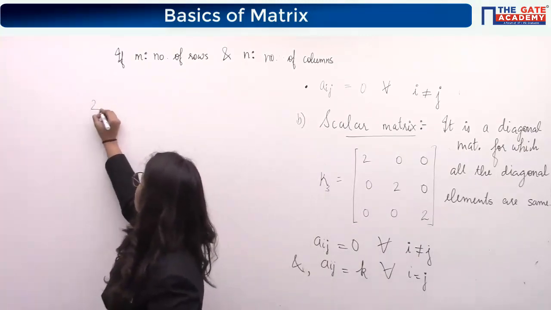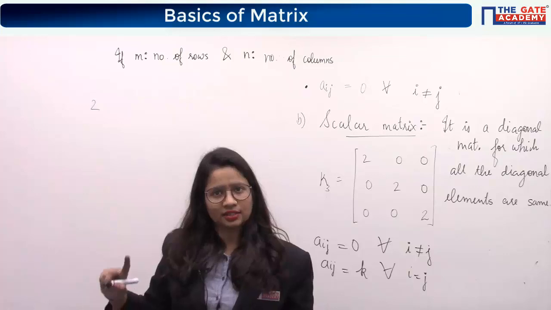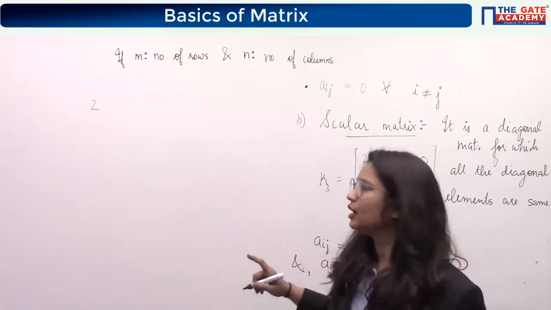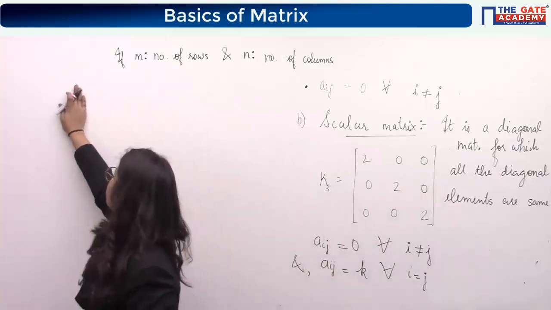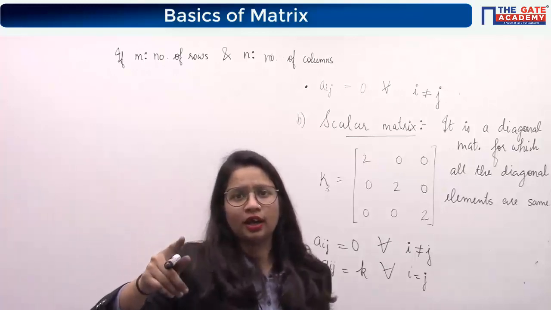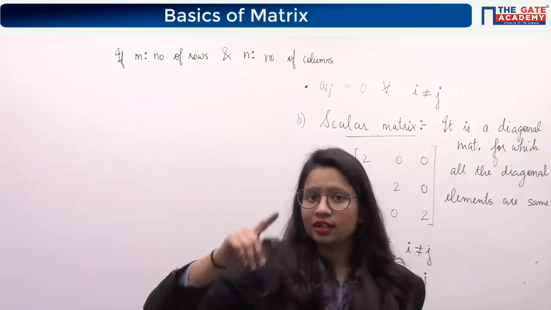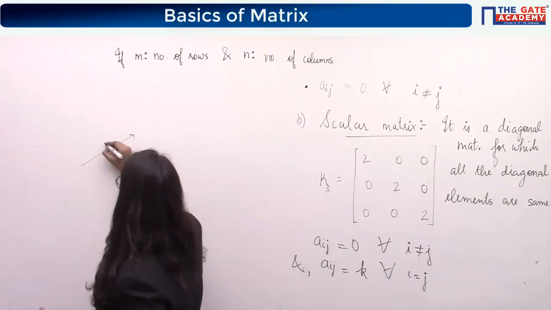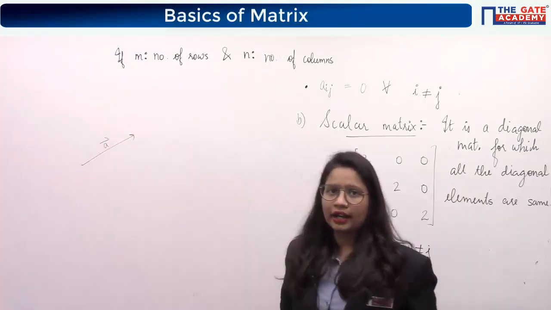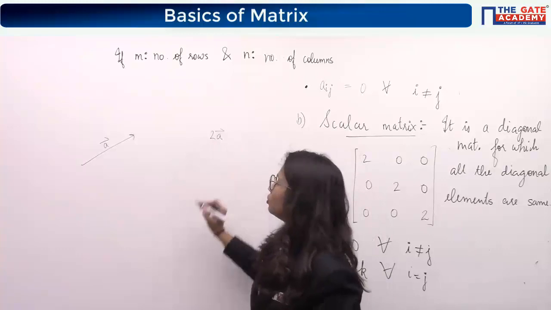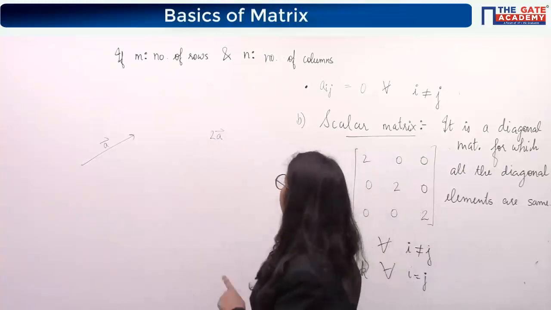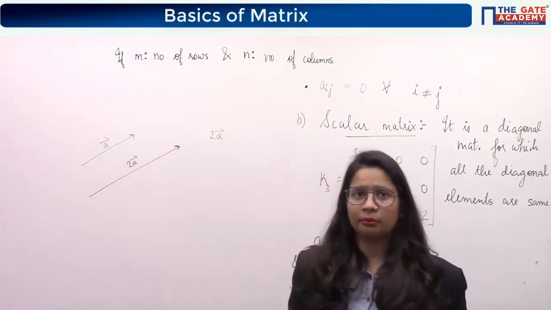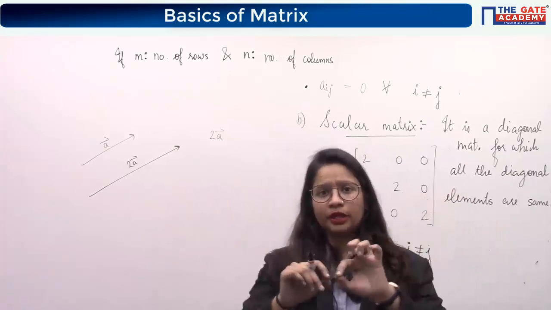But what is a scalar? Like if I say this 2, will you say that this is a scalar? Yes, this is a scalar because it has no direction. Everybody is answering right. Now why is this known as a scalar? Let me come to that point. It is known as a scalar because its function is to scale. What do you mean by scale? If I write that this is some vector a, and I multiply this vector a with 2, that means a scalar. 2 is a scalar. If I multiply this vector with 2, then what will happen? The direction of this vector will remain the same, but the length of this vector will be doubled.